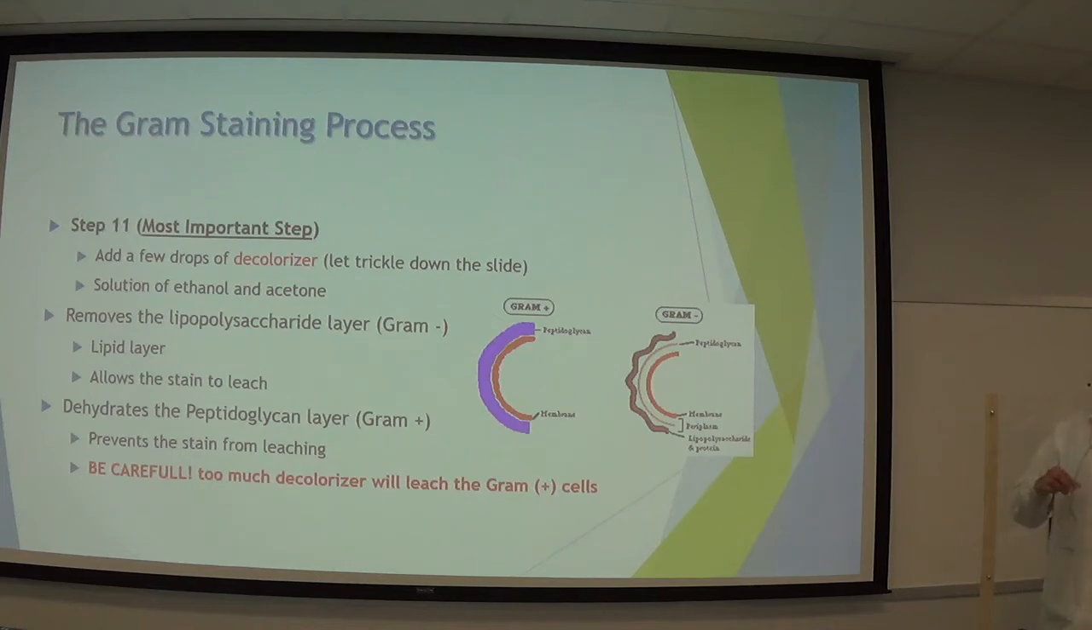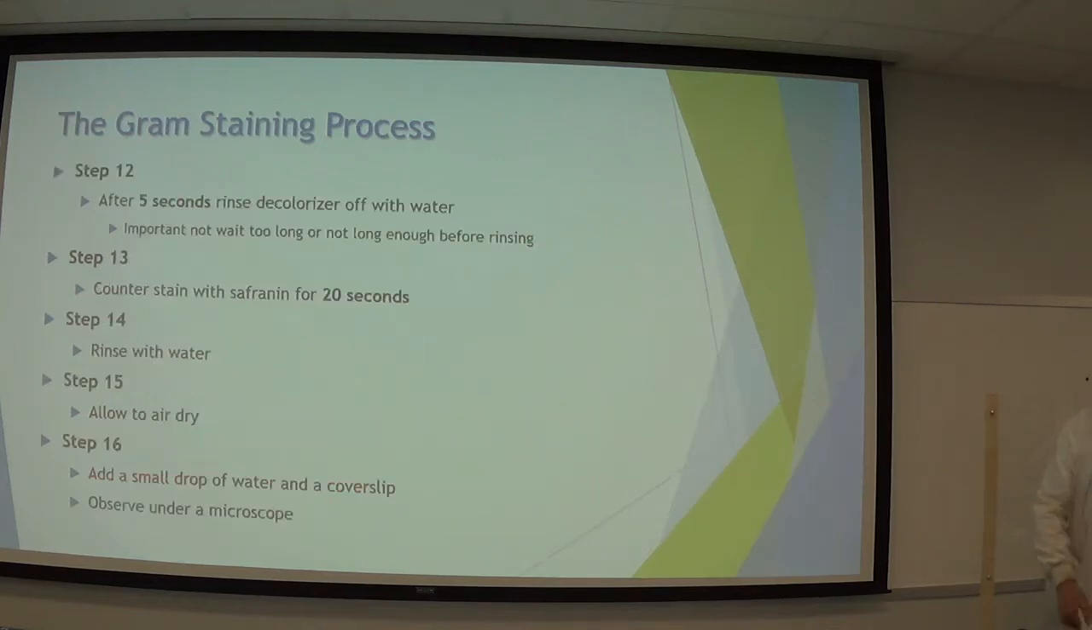And after you rinse it off with water, you're going to rinse it off with the decolorizer. That's just ethanol and acetone. And that's going to wash away any of the excess crystals that are not bound to the peptidoglycan. So if you have any gram-negative bacteria in your slide, then they shouldn't have any of those crystal violets. Then after that, again, rinse it off with water. So you rinse off the decolorizer with water,